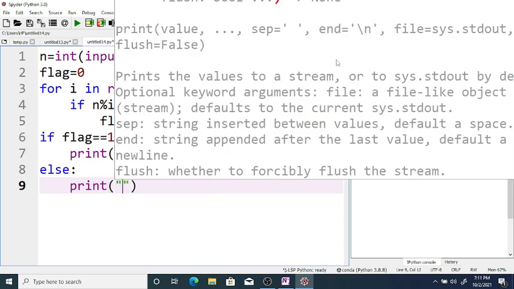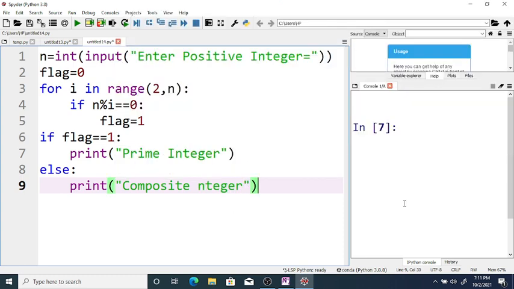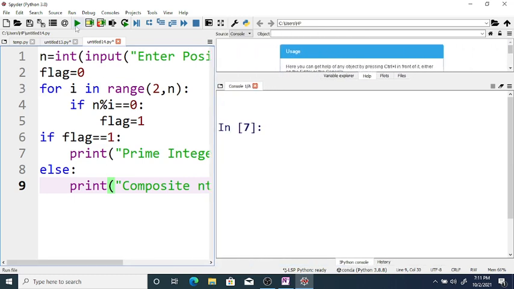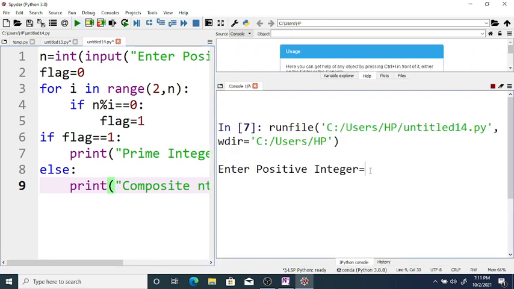You can say not prime, or you can print it as composite integer. So now if you run this, please enter your positive integer, say 5, then it says composite integer. There is one mistake.